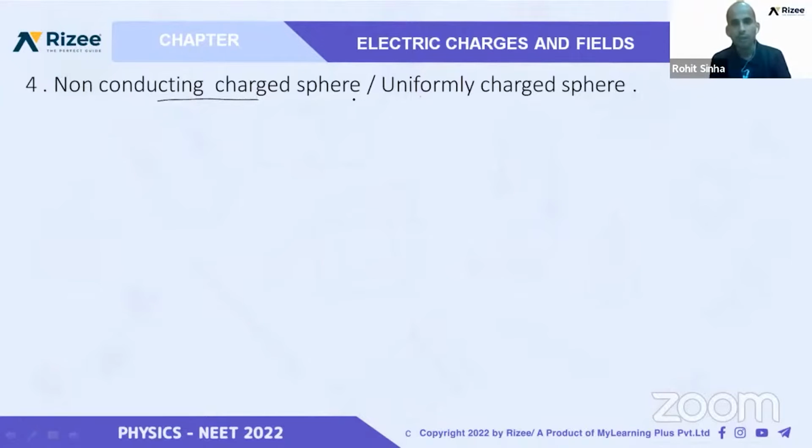Non-conducting sphere or uniformly charged sphere, it is given. Now, this is an important part. You should remember, I will not go into much detail, because it is important for JEE people. Suppose it is telling that there is a charge on the sphere and it is uniformly charged. It is not a conductor, it can be an insulator, a non-conducting sphere, and the charge is present throughout the volume everywhere like this,